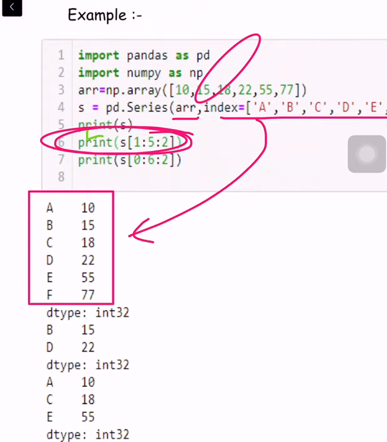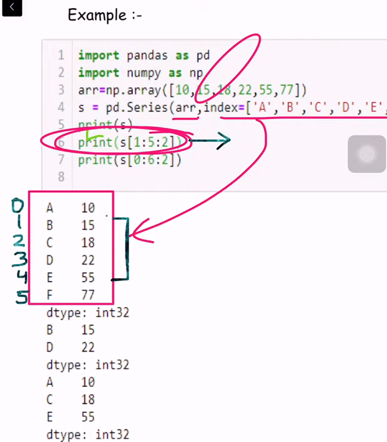First let us give the index positions 0, 1, 2, 3, 4 and 5. Line number 6 is selecting 1 to 5 with a step of 2. So 1 to 4 will be selected, and that jump is taking a step of 2.